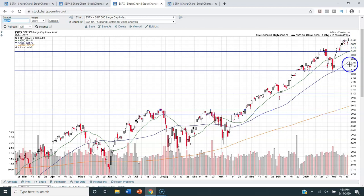20-day moving average, the 50-day moving average, we fall beneath the 32.20. The next area of support is going to come in somewhere around this 3100 level, and then if that doesn't hold, then we have quite a bit of support starting at around, well, of course, the 200-day moving average will always be critical, right? The 200 is just slightly over this 30.20 area, as you can see here, and there's a lot of support going clear back to the middle of 2019, starting at this 30.20 level, and then, of course, the